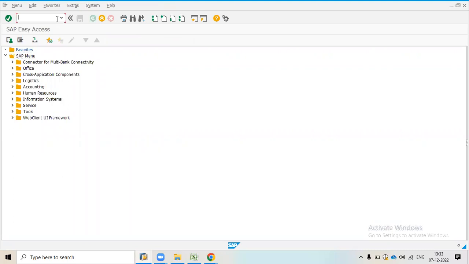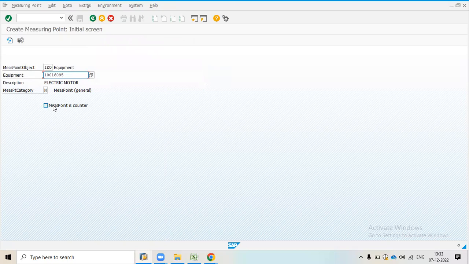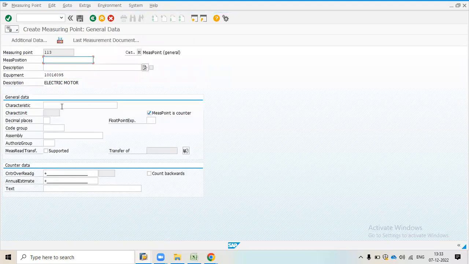So suppose I am going to create an IK01 measuring point, and for this I am going to create, so press enter, and now I will choose the characteristic as ampere.